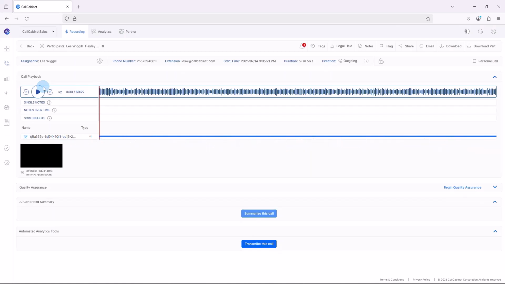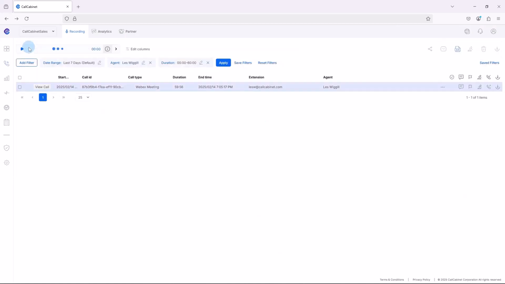To return to your call listing page, once you have finished working inside your call details page, please ensure that you press the back button inside the call details page. Please do not press the call listing icon in the menu or your browser's back button. When clicking the back button inside the call details page, you are ensuring that all your filters will remain in place. And you will see that when you press the back button, you are taken back to your call listing page and all your filters remain, and all the calls that have been filtered according to those criteria will be